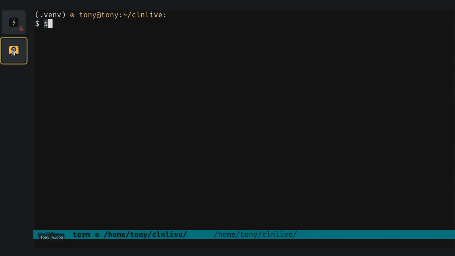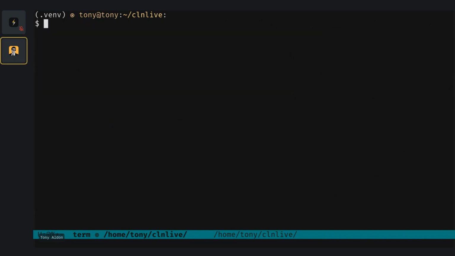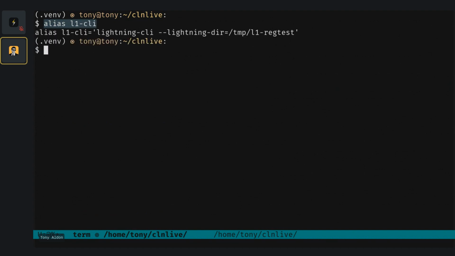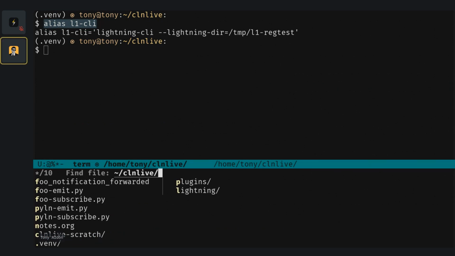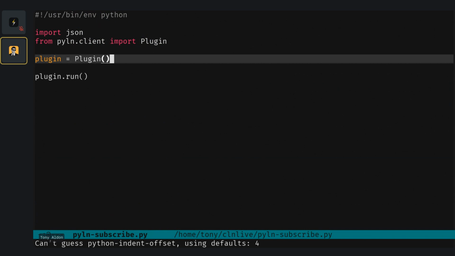What next? So we start again. So we have it started. I like to do this all the time. So this is our first node, lightning-cli with the Lightning directory, which is temporary L1-regtest. So with that done, now let's... So we do the same, and we start with PyLN